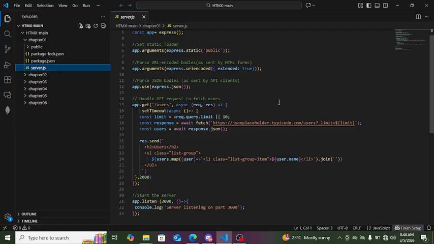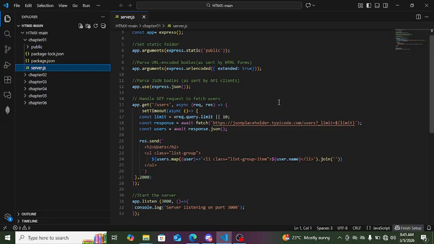So instead of writing JavaScript, we use special HTML attributes, like the HXGet, HXPost, HXPut, HXDelete, HXTrigger, HXTarget, and HXSwap. These attributes let the HTML elements send HTTP requests and update parts of the page dynamically or without reloading